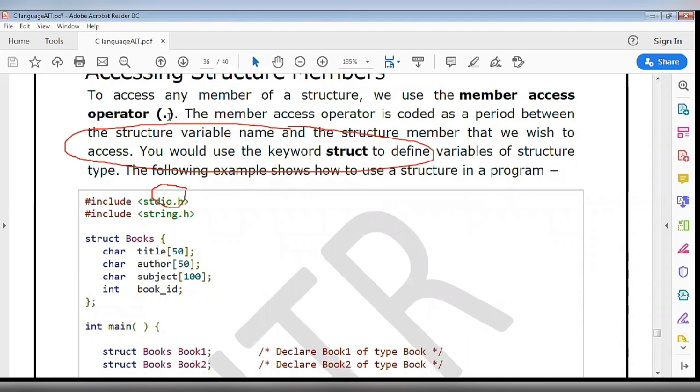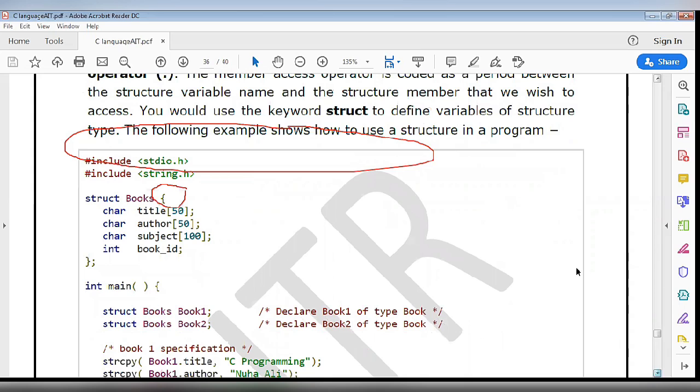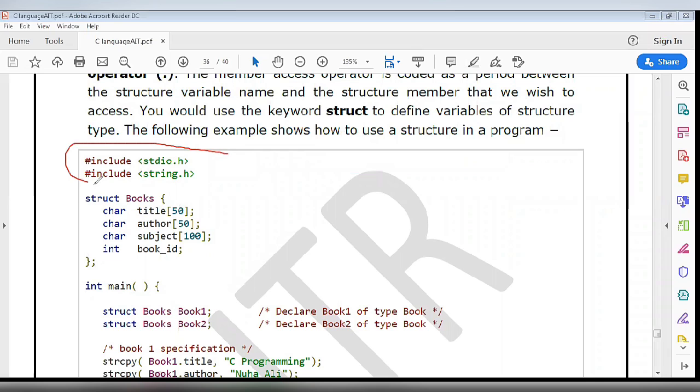Like in this example, you can see we have included two header files, stdio.h and string.h. Both the header files are familiar ones. Here we have declared one structure books as we have done before, and have four members of that structure books, like title, author, subject and book underscore id. And we have closed the structure.